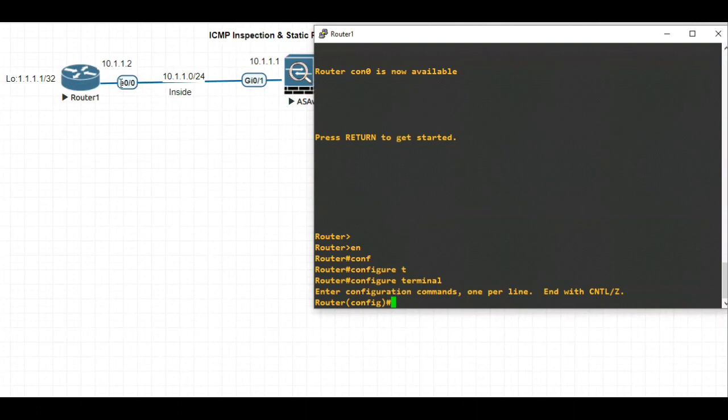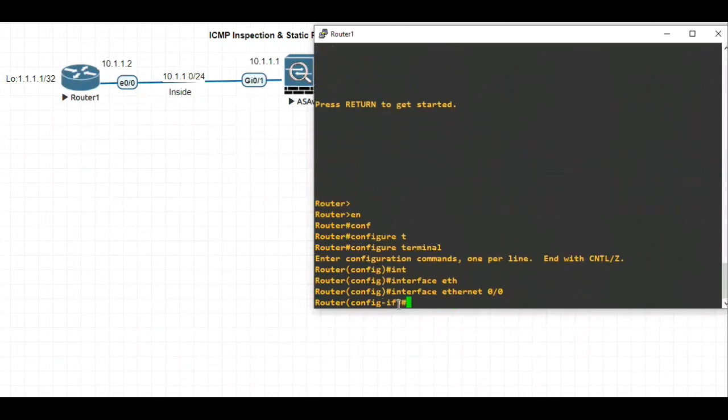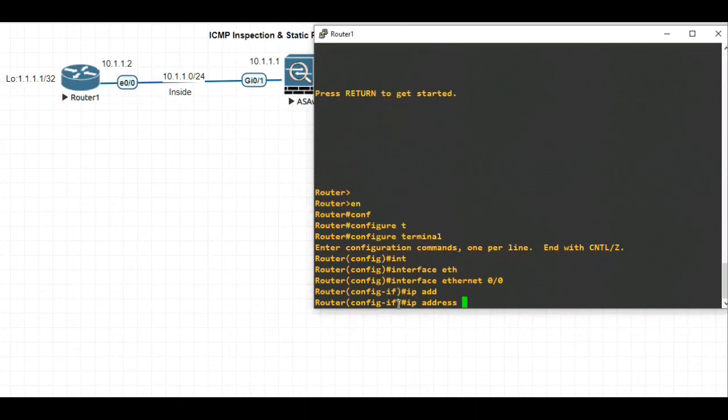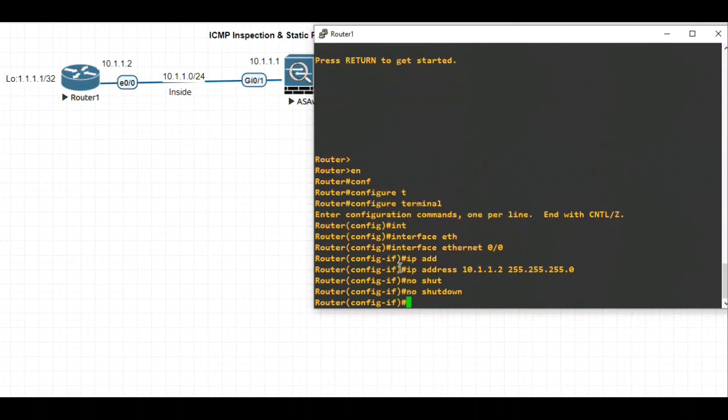The interface here is Ethernet 0/0. IP address 10.1.1.2, subnet mask 255.255.255.0, no shut.